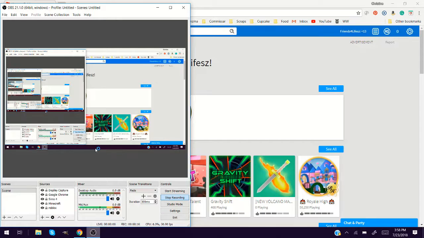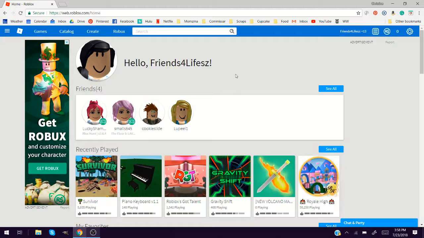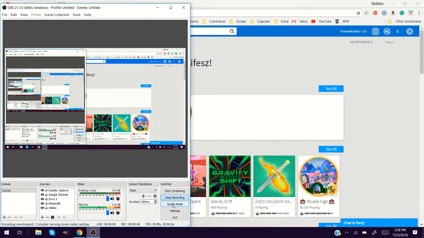So anyway, when you start, you want to click on the stuff you want to focus on. Like for example, this Chrome Roblox homepage, and it'll stop focusing on the OBS too. And if you open it back up, it'll be like that. And okay, so to do it without it starting up here like this, you want to go open